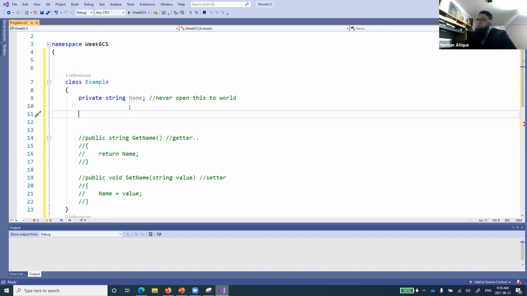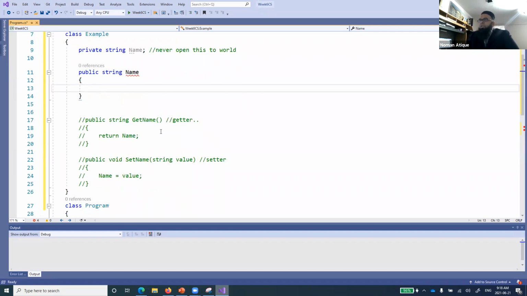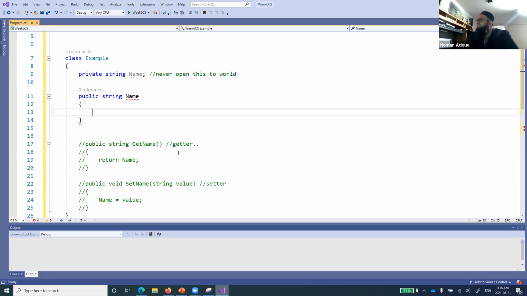Now to convert that, or to make a property for that one, we have to define a public property, of course, because we want to access that outside. But remember that we have this private member over here, right? So string name. Now what we are doing is trying to create a public string name, right? Okay. The type example already contains the definition for name. Okay, right. Just for the time being, let's log this one.